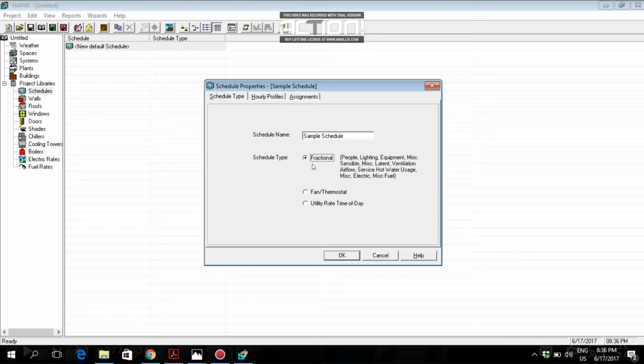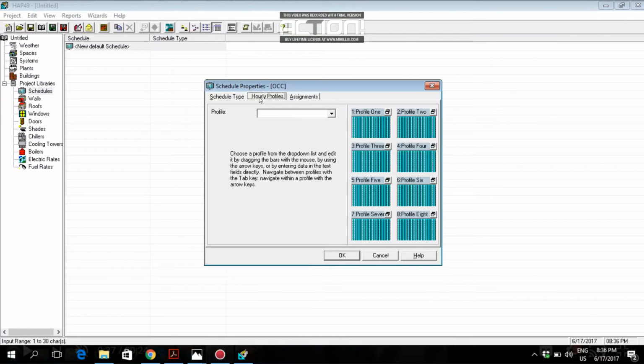Now just click on fractional and name the schedule. Let's create the schedule first for occupancy. We have to create the schedule for three: occupancy, lighting and equipment. So start from occupancy, just name it as OCC, and go to this option over here, the hourly profile tab. Click on it. You will find this window over here, and there is profile 1, profile 2